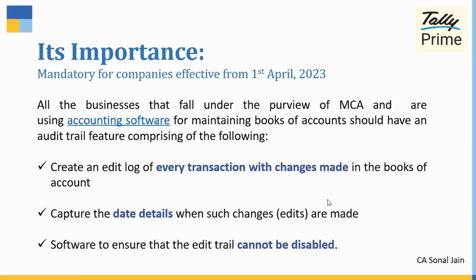So practically, what MCA is telling is that you should have the edit log for each and every transaction. That edit log should capture any changes done in that transaction, with the date detail, and the software should not have any facility to disable